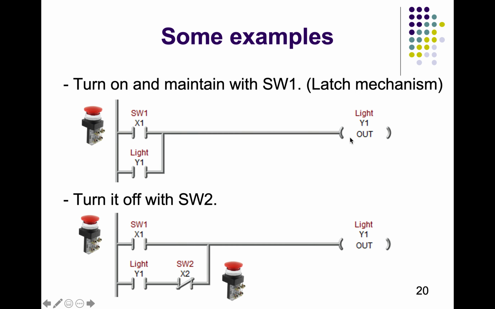So to turn off the Y1, we can use some unlatching command. So here in this program, we are using switch 2 to unlatch it. Whenever we press X1, Y1 is getting powered on. Then that powered on Y1 takes the power from the power line. It goes through this NOT condition of switch 2 and it turns on the light. So this will continue as long as you are not pressing the switch X2.